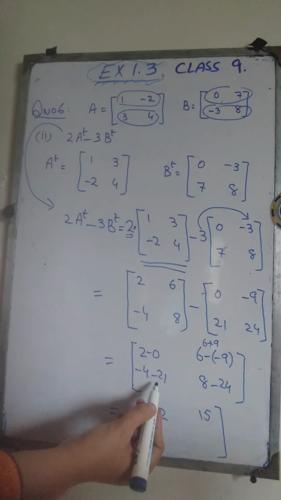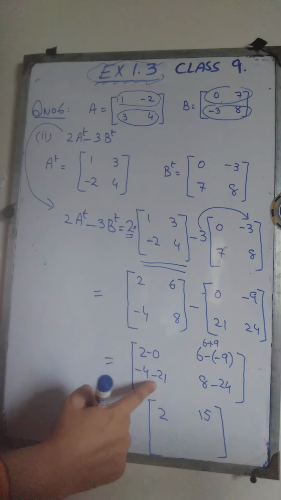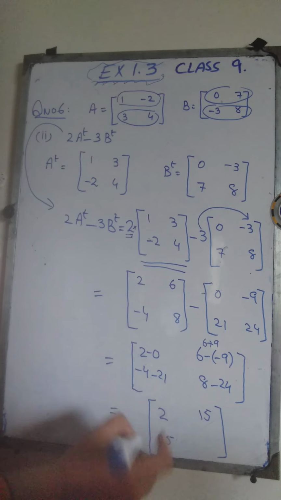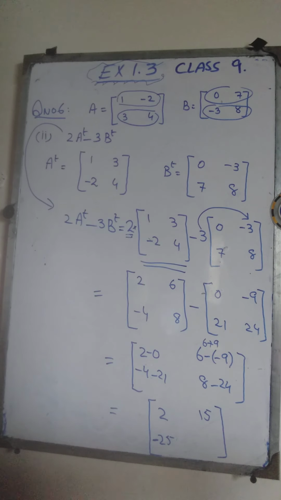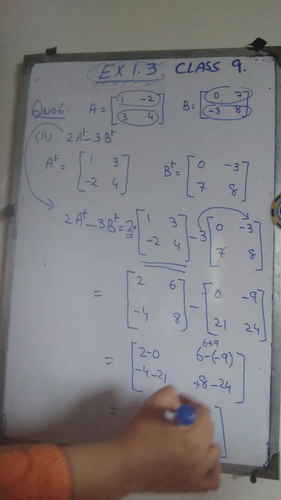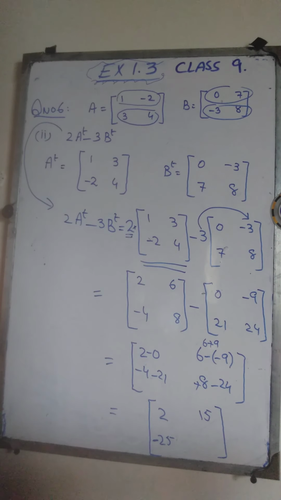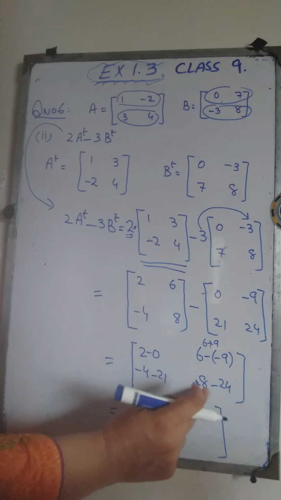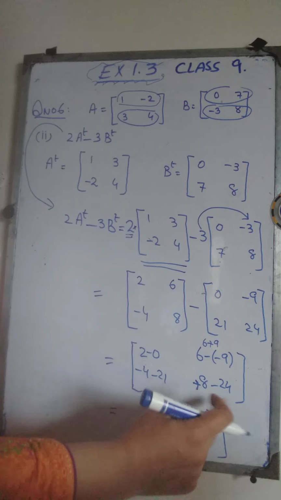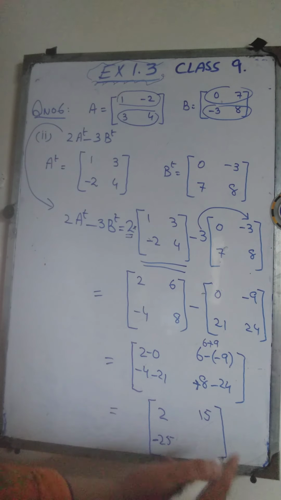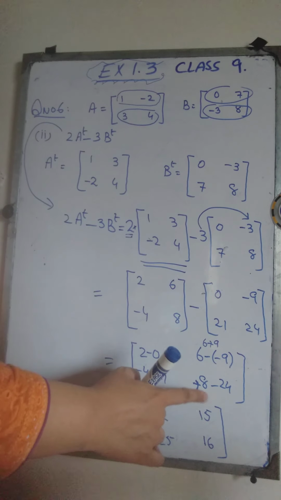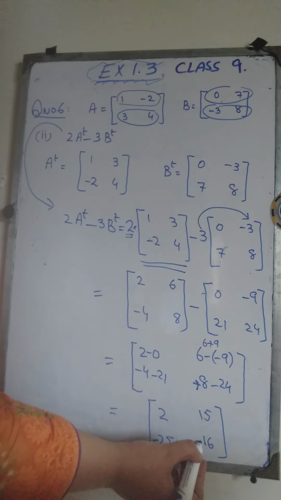Now negative 4 minus 21. Signs are same, so we are going to add them. Okay. 21 plus 4 will be 25. And as the greater number carries the negative sign, therefore the answer will also carry the negative sign. 8 minus 24. 24 minus 8 will be 16, because we have 1 plus and 1 minus. Okay, change sign, so we are going to subtract them. 24 minus 8 will be 16. And as 24 is greater than 8 and it is carrying the negative sign, the answer will also carry the negative